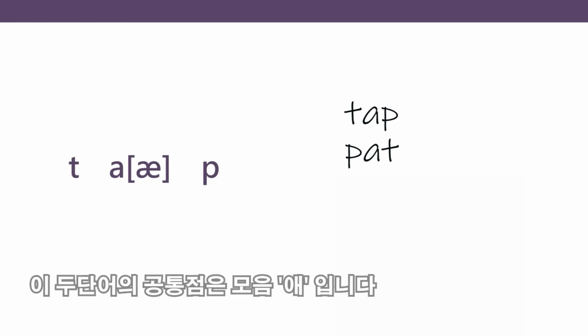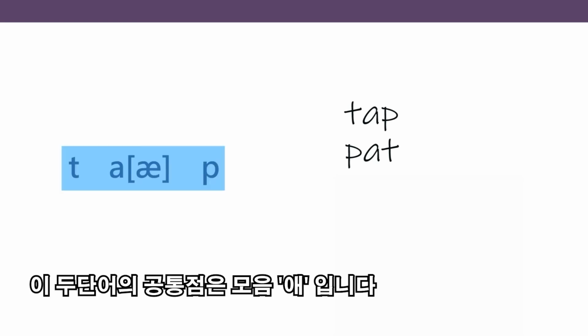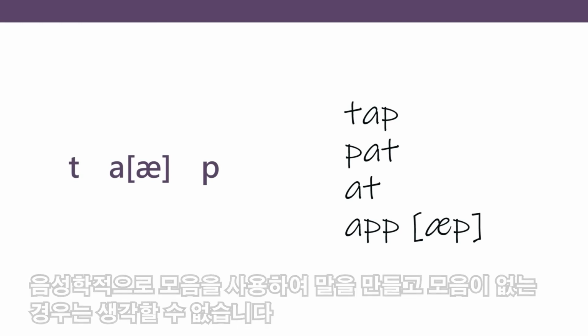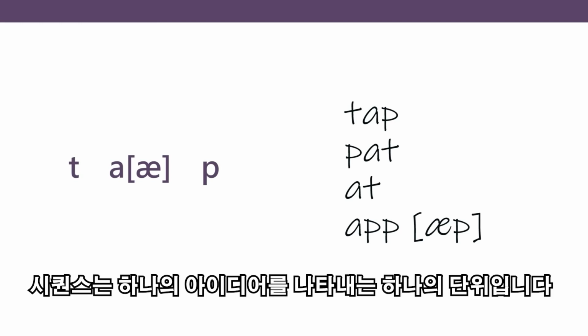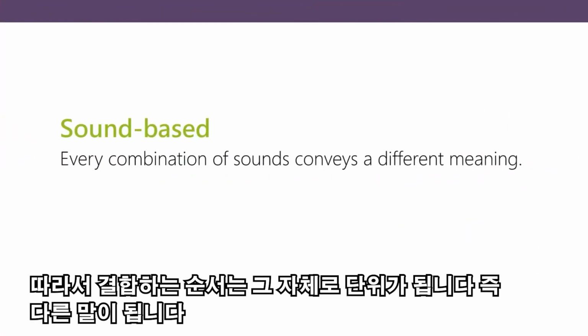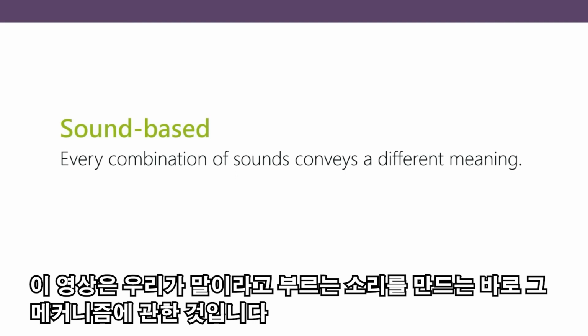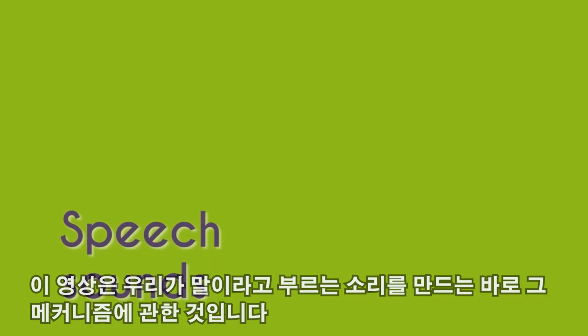If you want to use two of them, you can create at, and if you just look at it purely phonetically, you can create the word app. When you think of app, you think of the sequence as one unit, which refers to one idea. So the order in which you combine them become units by themselves that refer to different ideas. So this video is about the very mechanism by which we produce the sounds, which we call speech sounds